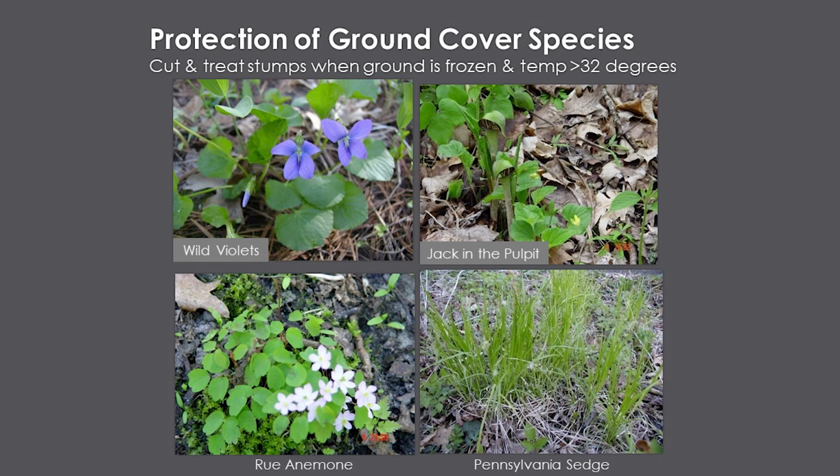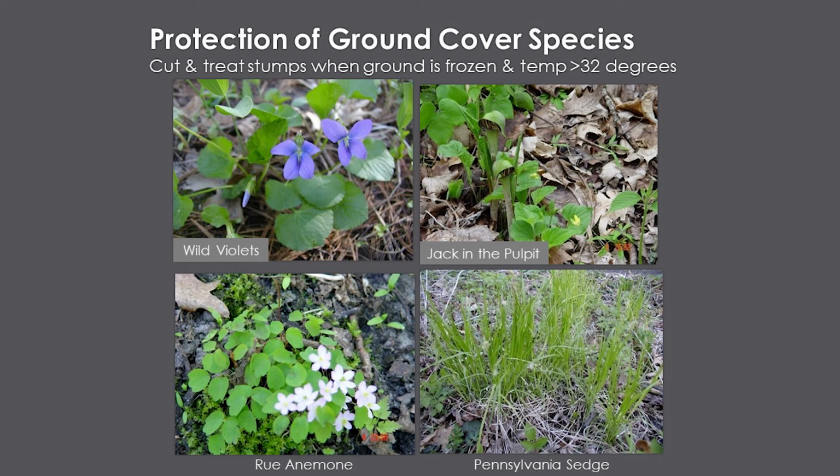Jack in the pulpit is one of the last plants to disappear in a buckthorn-infested woods, and one of the first plants to come back. It's a bulb under the ground, and it disappears when it gets too shady. When you cut your buckthorn back, you might have Jack in the pulpit come back right away. Really fun to propagate this plant. Talk about that later. We got more stuff.